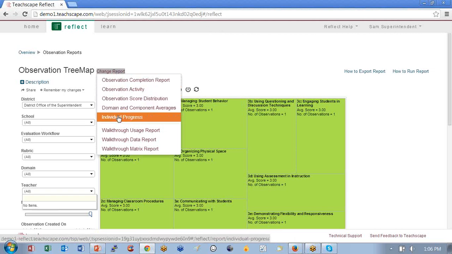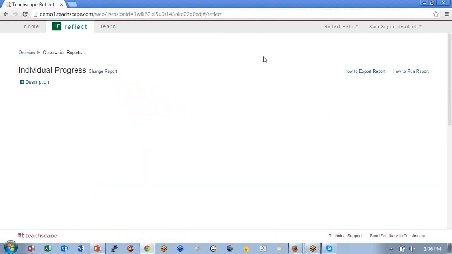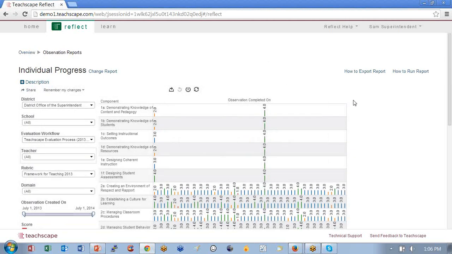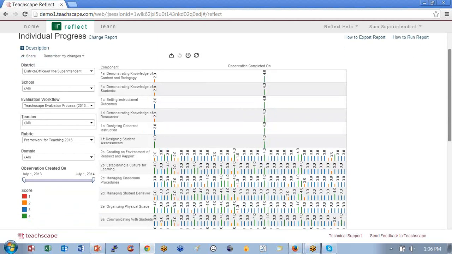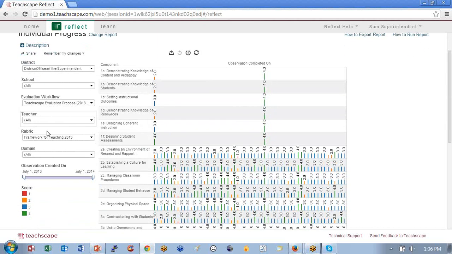And then we could also look at a particular teacher and how they've done over time for observations and see what that looks like. The first time this one pulls up, it's not the most elegant screen because it shows just about everybody in the school district, but then you can filter by teachers and see how they've progressed over time. So there's a lot of detail here.